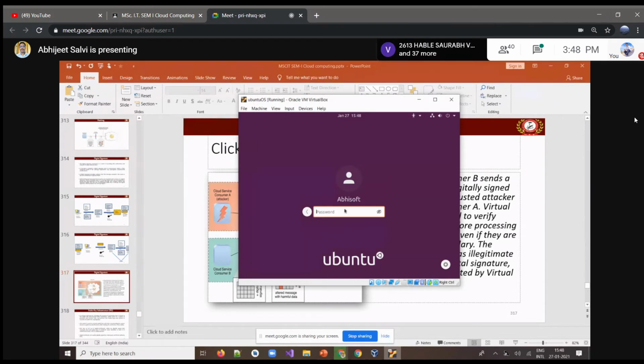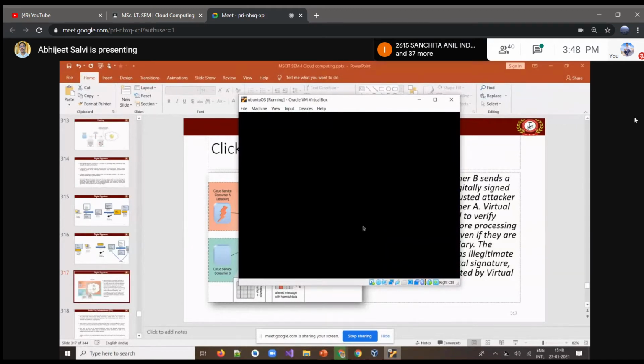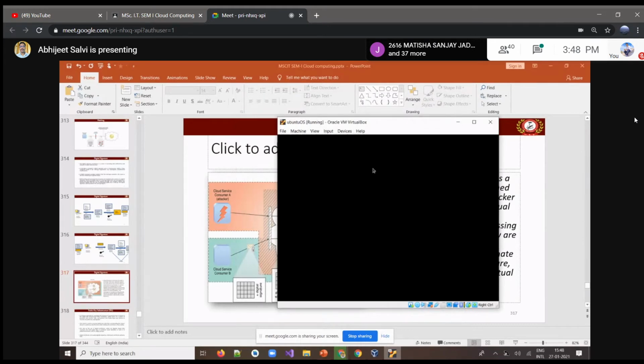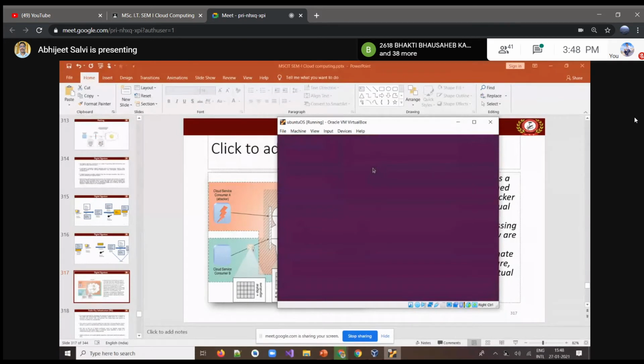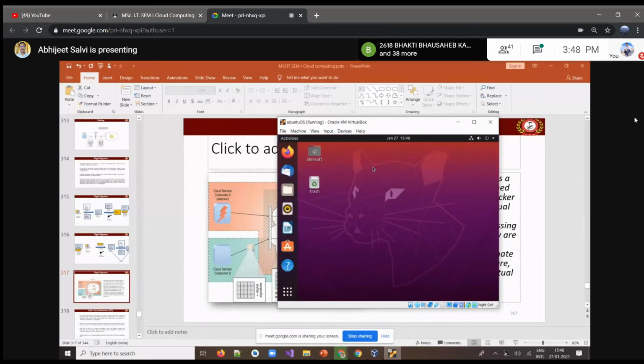If possible, we'll try that now. Machine is ready. Now we'll see a demo of hashing, how we'll do it and how we'll verify our document. A small demo just to understand how effectively we can use the hash. There are two ways: either you can do it with the password of your database, or you can do it with the verification of a document. I'm showing you one example, to verify a document or an image file.